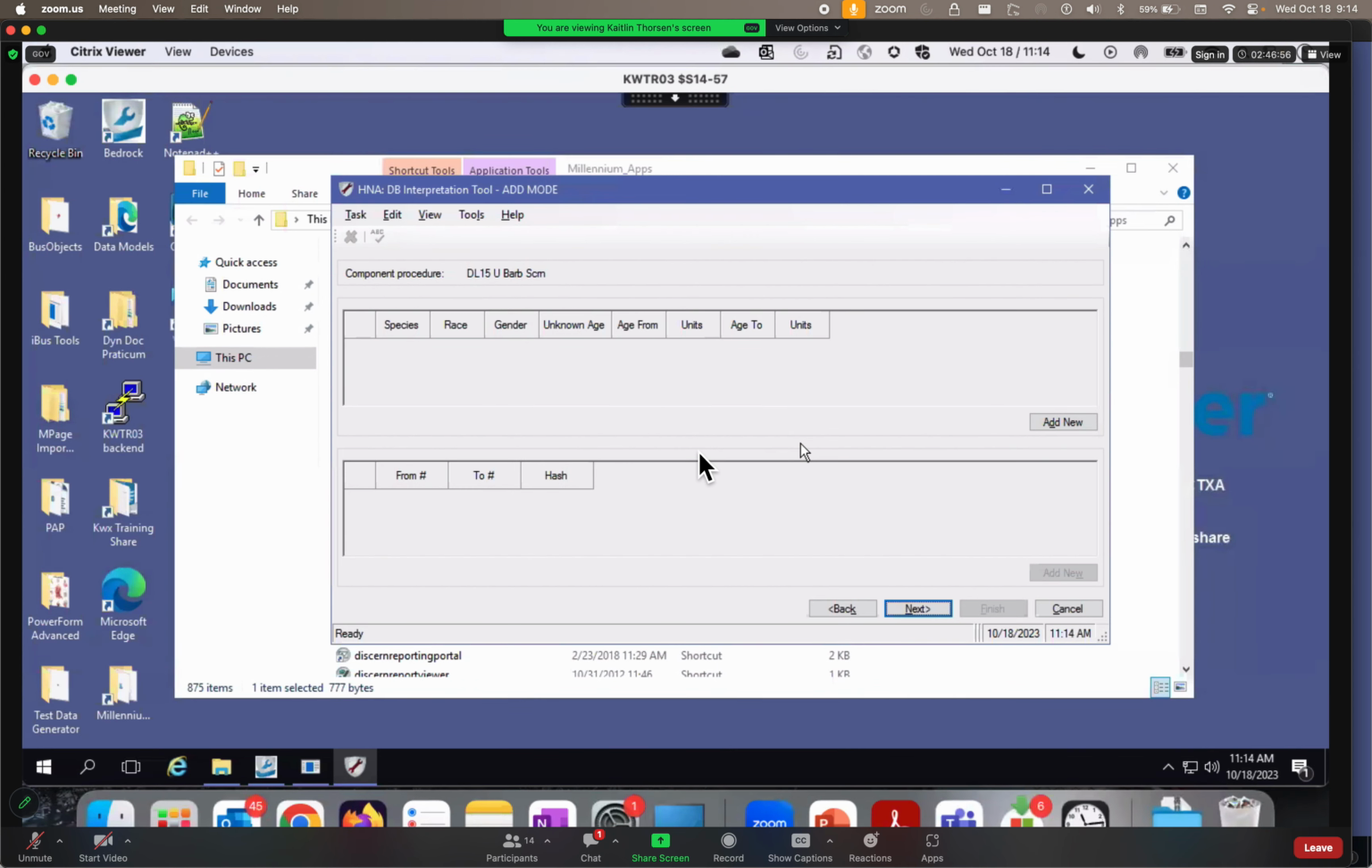We have seen these now many times, right? We have species, race, gender, age, that we could be building interpretations based on. If I don't need to, then I'm not going to bother. I'm just going to build everything to something like an all level. Right? So you'll notice that there are two different